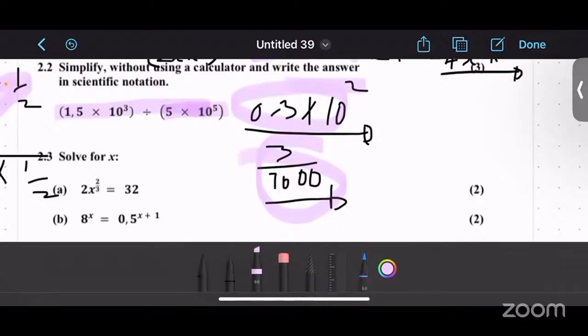Ma'am, first thing I did, I divided the 1.5 by the 5 in the other bracket. I divide those two together, and my answer was